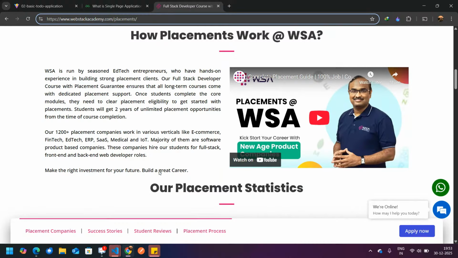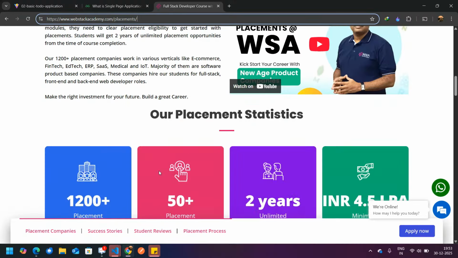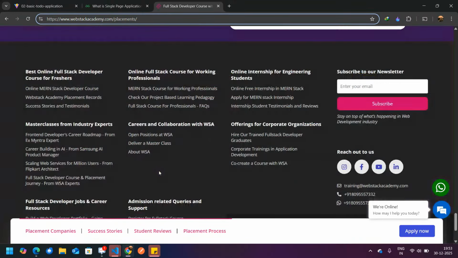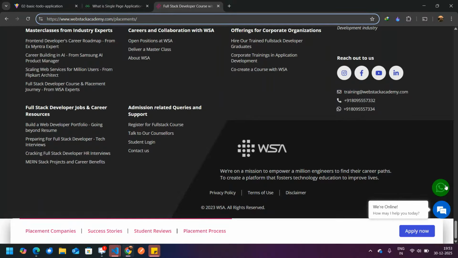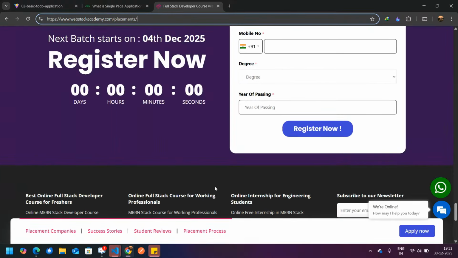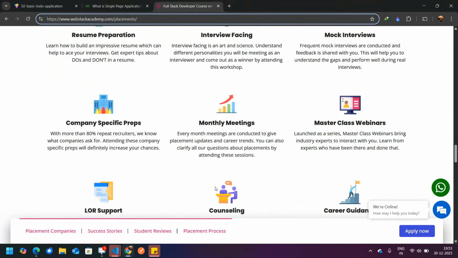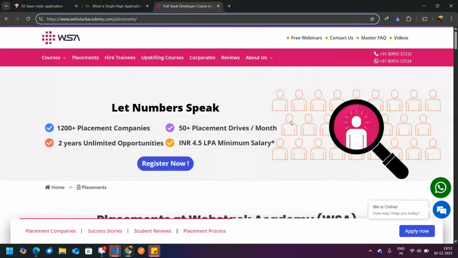Again, not the whole HTML, only whatever changes were made, only there do we have to update it. Now if you see this WhatsApp chat pop-up and the footer, they will not change, and the navigation bar will not change. In between, whatever content is there, only those are changing.